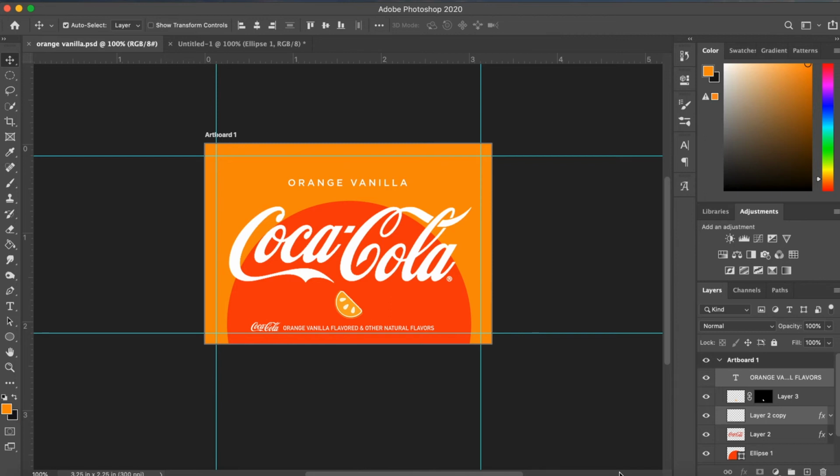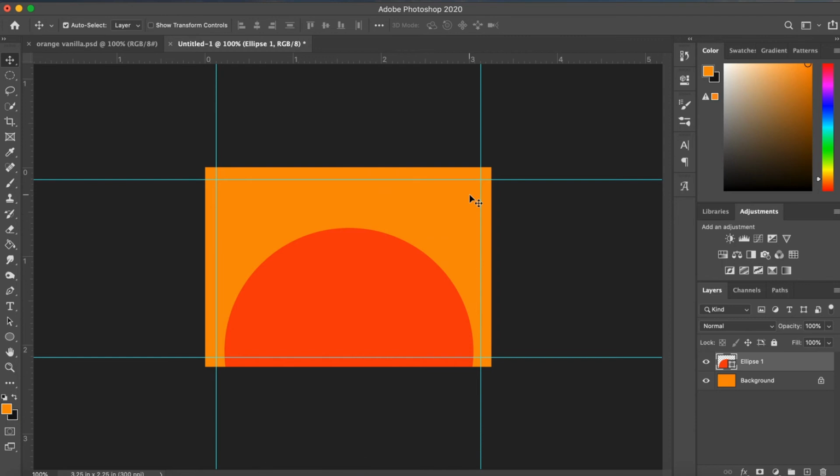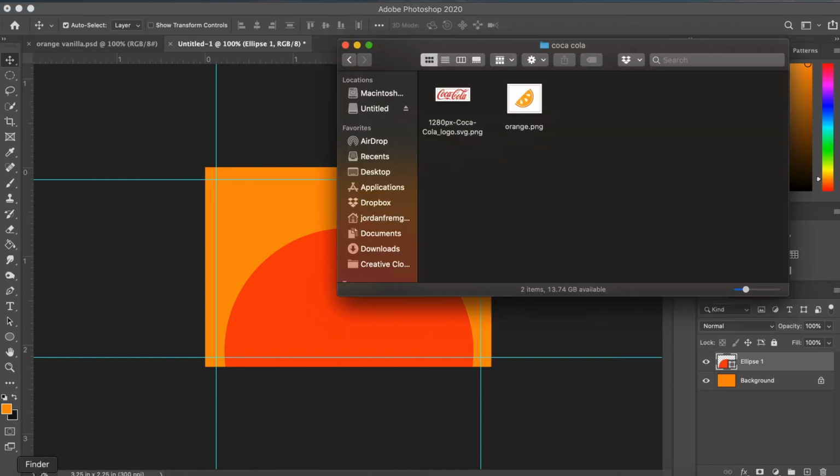So I'm just going and creating this. This tutorial was mainly to show you how to set up the document, but I figured I would go ahead and just design the whole thing because it would go pretty quickly. Here is my Coca-Cola logo. So when you create a logo, maybe you might want to save it as its own file first, and then drag it into your